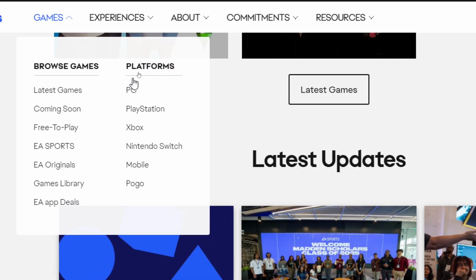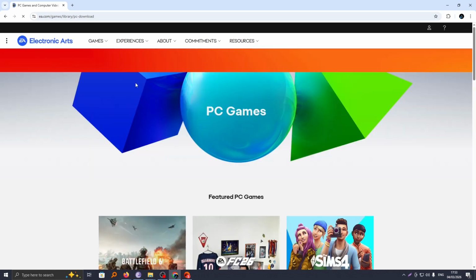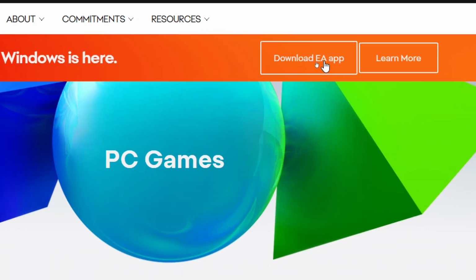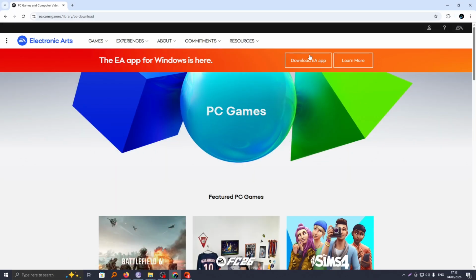So we have various platforms such as PC, that is your personal computer, PlayStation, Xbox, Nintendo Switch, mobile, as well as Pogo. I'll go ahead and choose PC because I want to download for my computer. And now we have here download EA app. So if I go ahead and click on download EA app, this will go ahead and download the latest version